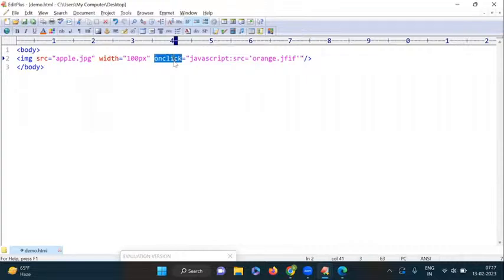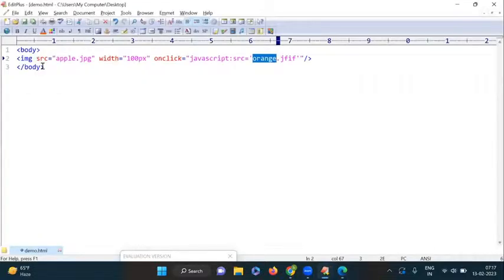So now I have given a statement where onclick is equal to javascript colon source. We are changing the original source apple.jpg to orange.jfif. Refresh, click, and now it displays orange.jfif. Like that, if you want to change the properties of HTML controls at runtime,